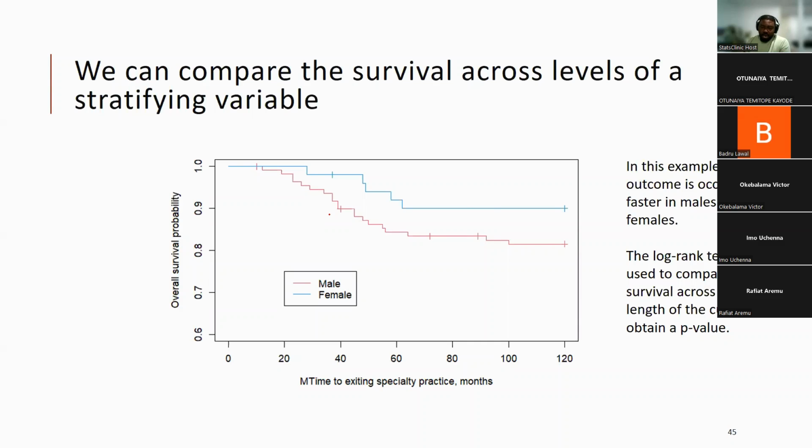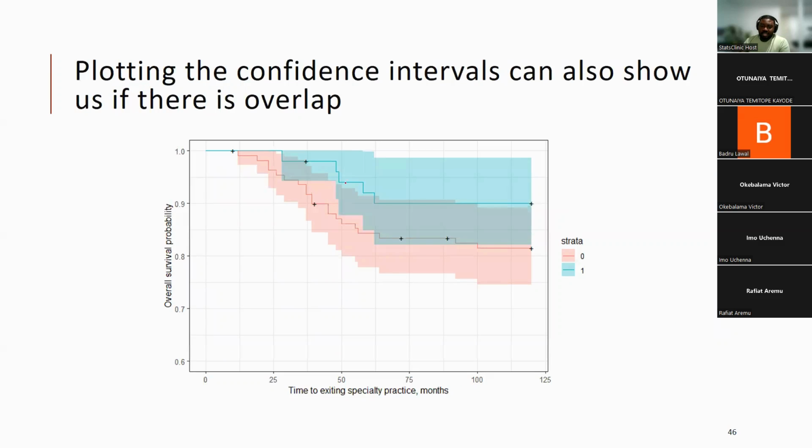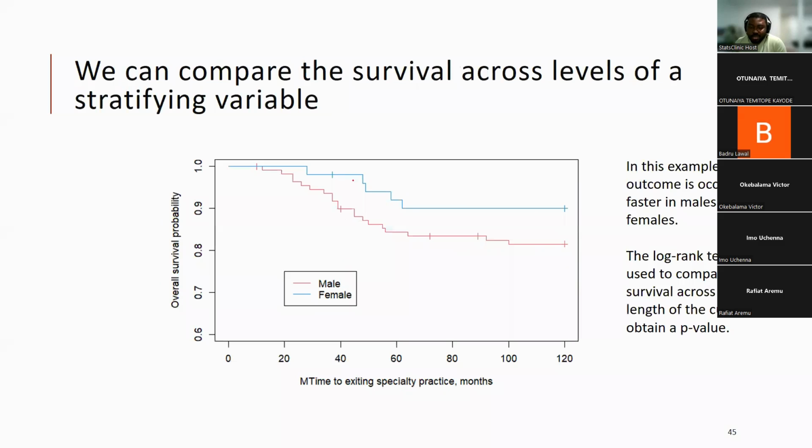Males are experiencing the event more, but we said that the confidence interval can help you to see whether this is significantly different. In this case, we can see that the confidence intervals overlap. That means that they're not really much different from each other. But the other thing we said is that there is a log rank test. Sometimes you see this plot, you see two or more groups, and then you see a p-value. And somebody will say p equals